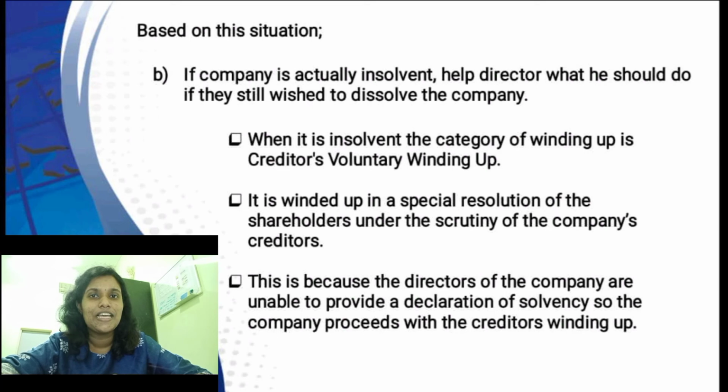In this case, as the directors are unable to provide a declaration of solvency, the company proceeds with creditors' voluntary winding up. Not only that, it is clearly stated under Section 432 subsection 2b that no declaration of solvency is needed in a creditors' voluntary winding up.